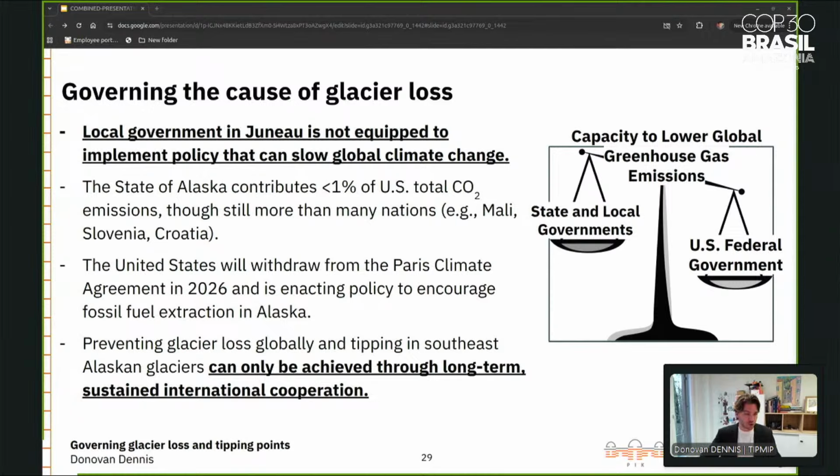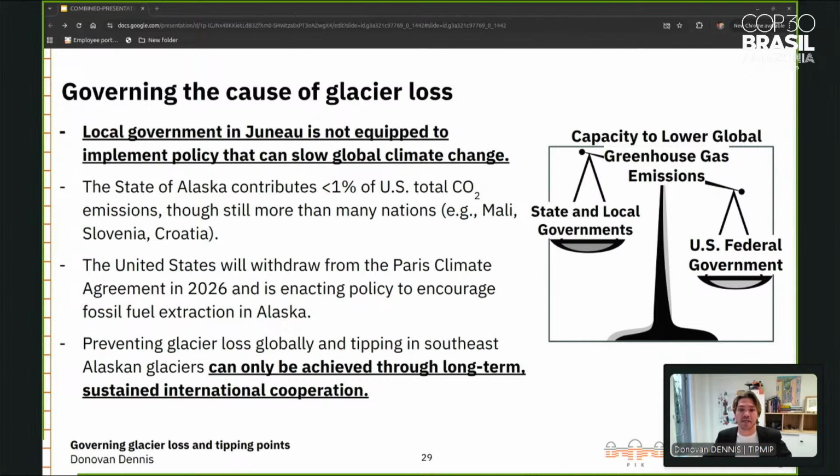The community of Juneau and the region of Southeast Alaska has virtually no meaningful means of legislating or influencing the causes of global warming. The state of Alaska contributes very little to global warming, less than 1% of the US's total emissions, though still more than many nations. But the United States has contributed more carbon dioxide historically than any other nation and remains one of the largest net